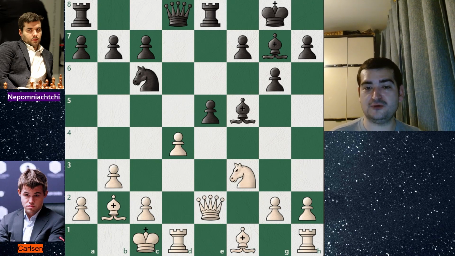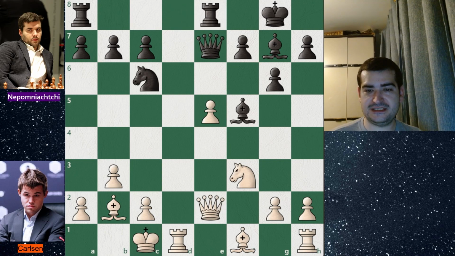He was thinking what to do in this sort of position. So if he picks up with his d pawn, then the game would continue with queen e7 for Magnus Carlsen, attacking this pawn, which is pretty much obvious. After rook e1,